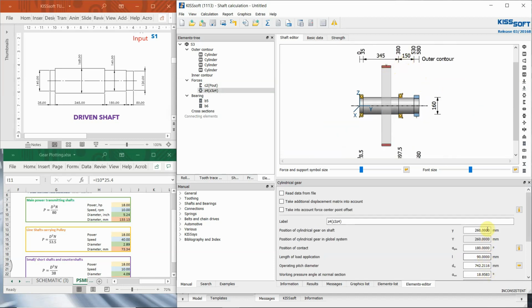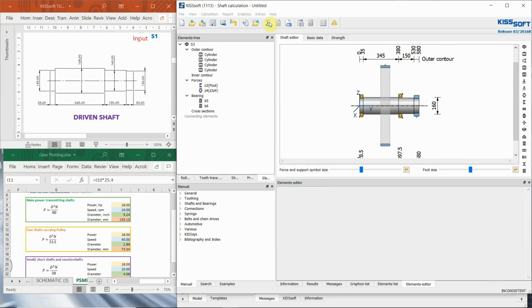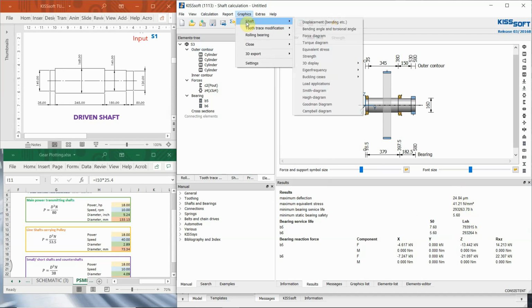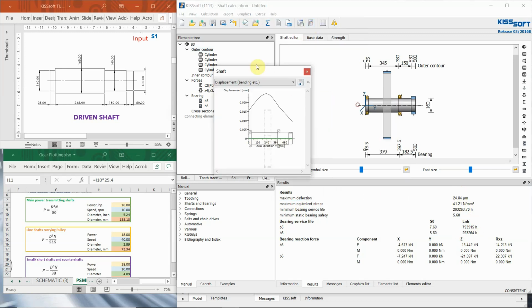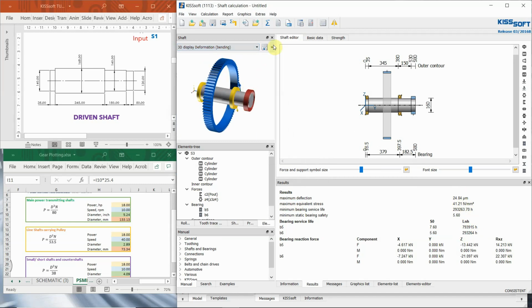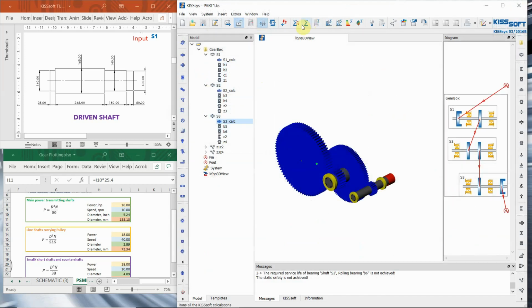Then for the position of the gear, we will adjust later based on our assembly. So let's say 250. Then run. So okay, our life here is 79 for the bearing, and 29 for the bearing 6. Then our deflection is 24 microns. So I think this is acceptable. So this is our bearing and run. So with the 24 microns deflection, this is okay. So just run, close, and